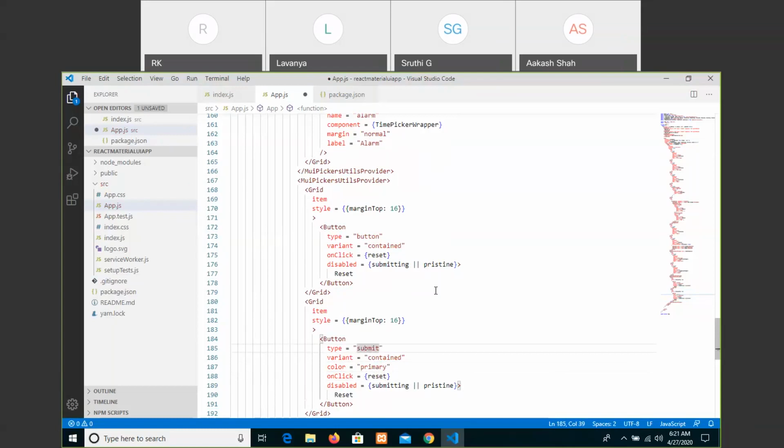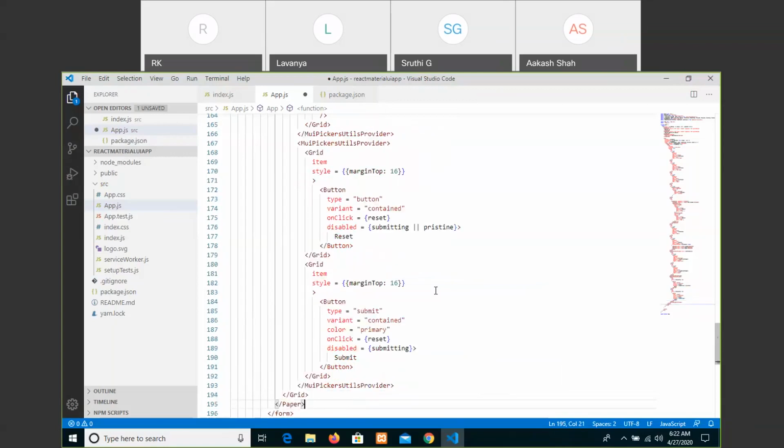And then value contain disabled by default we can just say when user enters all the fields then only it has to show active. That's why we are writing in that manner. After all these things